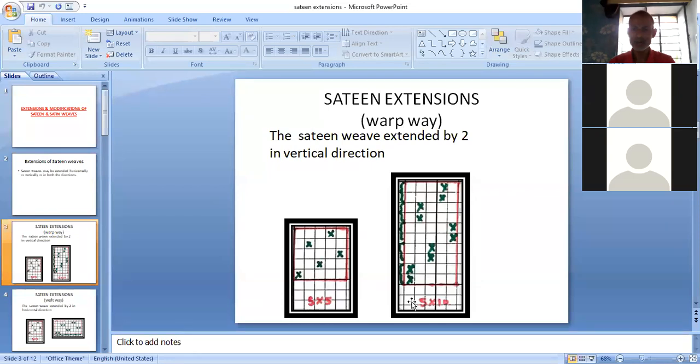Horizontally, we are not extending, so ends will remain the same, but the number of peaks will increase according to the extension amount. So the amount of extension is 2. So every peak will be extended by 2. Extension of 2 means every peak is extending by 2. So this first peak is represented by these first 2 peaks. Second peak is represented by the second 2 peaks. Third peak is represented by fifth and sixth. Fourth peak of 13 is represented by 7th and 8th.